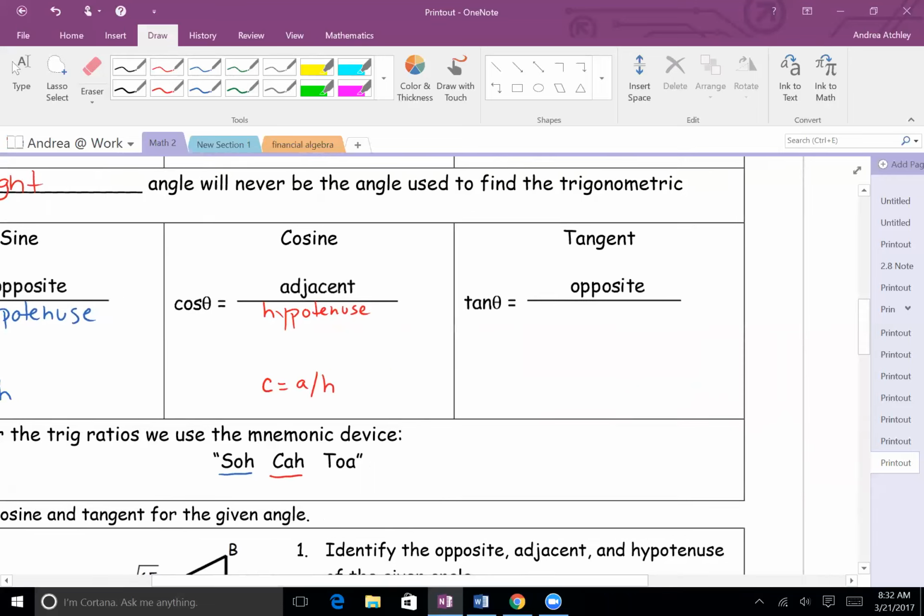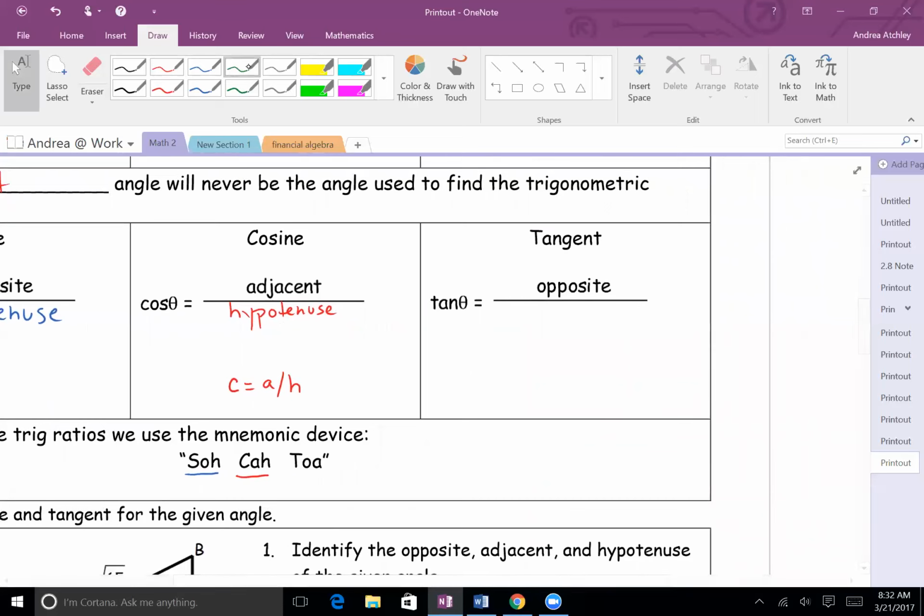Okay, tangent then is opposite over adjacent. Tangent of theta is opposite over adjacent. Okay, and it's the TOA. So tangent equals opposite over adjacent. It's the TOA